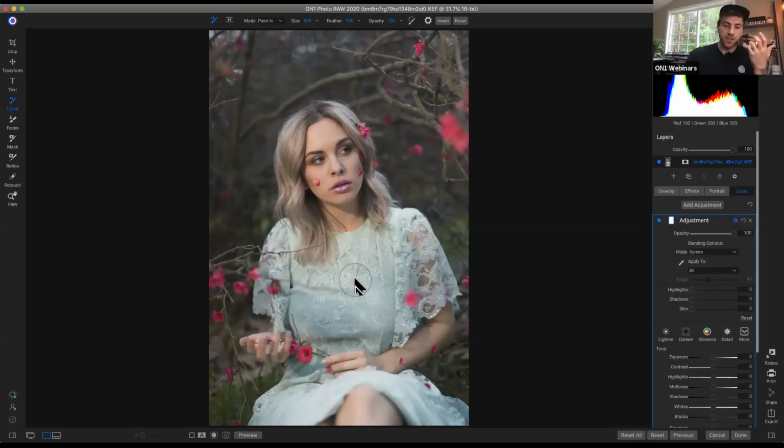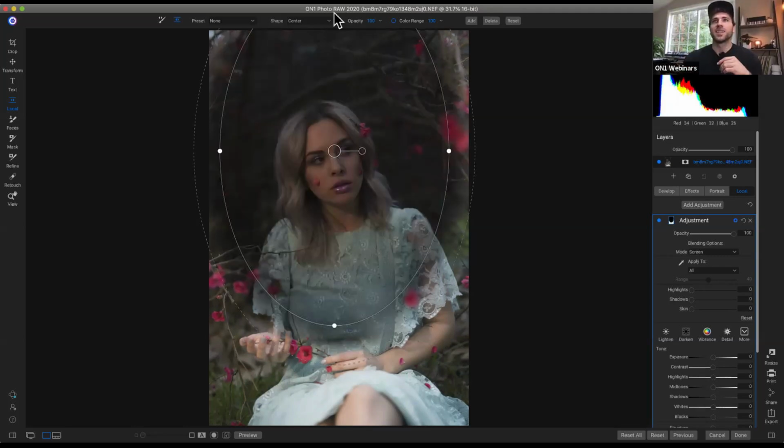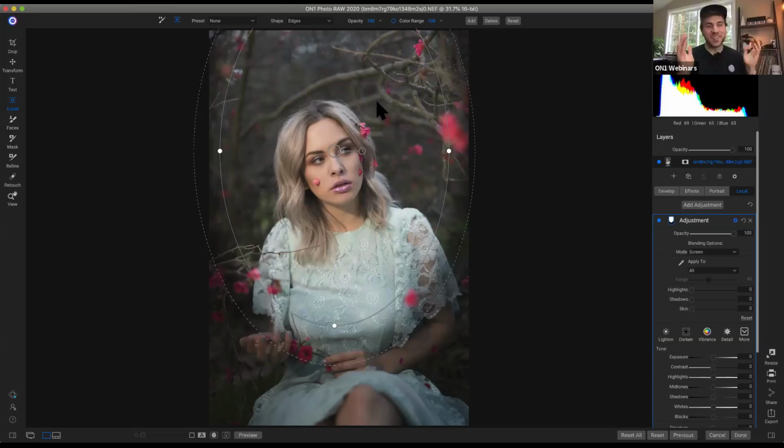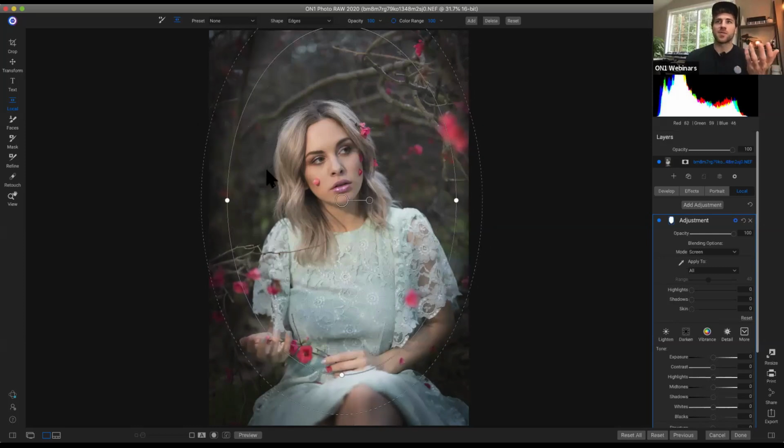So I'll just, again, hold down Shift. I'll hit K on my keyboard. I'll go up to my gradients, and I'm going to choose center, I believe. So I'm just going to choose the center shape, and that's going to make sure that the effect is applied inside of the mask. So I need edges. Sorry, I get those two mixed up a lot. But edges will apply the adjustment or filter inside of the mask, whereas center will apply it outside of the mask. Okay, so now that we have our edges shape drop down here, with this kind of gradient now,